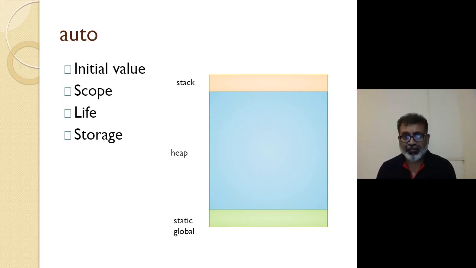Now, what is the scope of that auto variable? The scope of an auto variable is the region in which it is declared. So if you declare a variable inside a function, then I told you what scope is: the region in which the variable is visible. So the scope of an auto variable, if declared inside a function, is that in the full function, that variable is visible. But when I say scope, scope is defined by what? I know you have forgotten that. Scope is defined by,